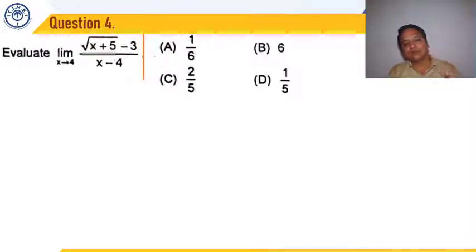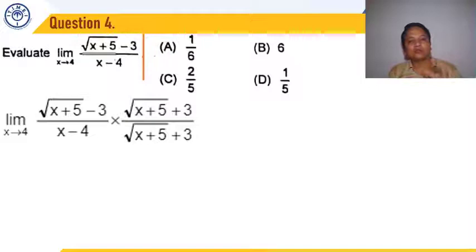If we substitute x equal to 4 directly in the expression, denominator becomes 0, as well as numerator 4 plus 5 becomes 9, root 9 is 3, 3 minus 3 becomes 0. So we are getting an indeterminate form 0 by 0. So we cannot substitute x equal to 4. So we try to go for a rationalization method. We multiply by conjugate of the numerator in the numerator as well as the denominator. So root x plus 5 plus 3 in the numerator upon root x plus 5 plus 3 in the denominator,